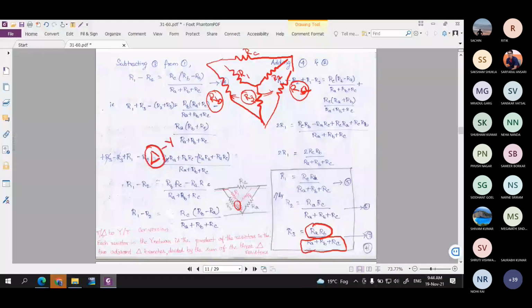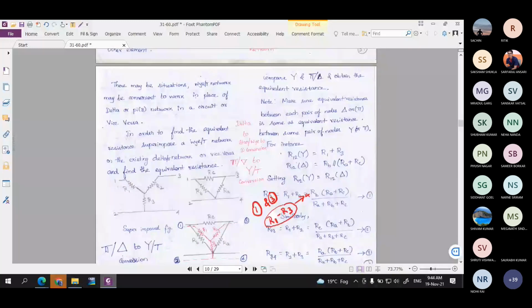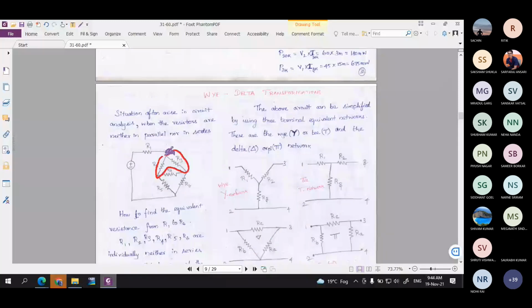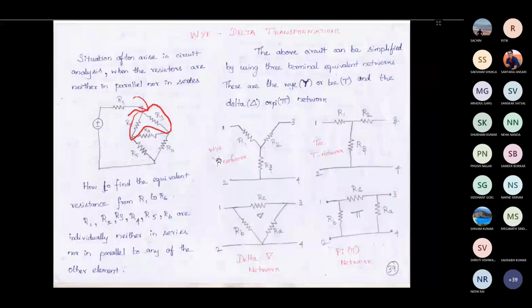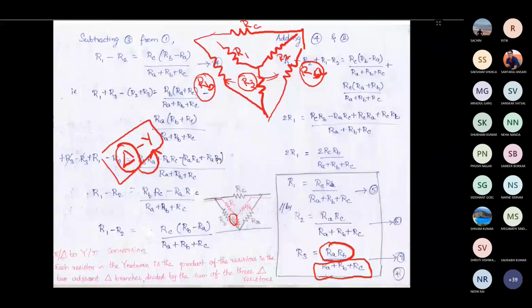Why we are doing it? Because we cannot solve the complete circuit using series parallel combination, we cannot find the equivalent circuit. Since we could not find the equivalent circuit, we need to go for star delta conversion. For example, we can refer this circuit. In this circuit, you cannot make any series parallel combination, so you cannot solve this circuit directly. Okay, so in order to solve it, we need a certain alternative. That alternative is given by the star delta transformation. Okay, is it fine? Did you understand this delta to star conversion?